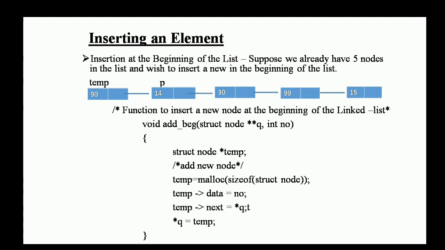Next, what is the second point? Inserting a new element in an array of elements is expensive. If you want to insert an element in an array, it is more expensive because room has to be created for the new element. For example, if you already have 10 elements and want to insert another, you cannot directly replace the 10 with 11. To create room, existing elements have to be shifted. These are some limitations of arrays, but they are not present in linked lists.